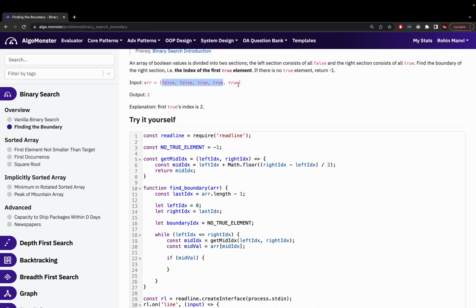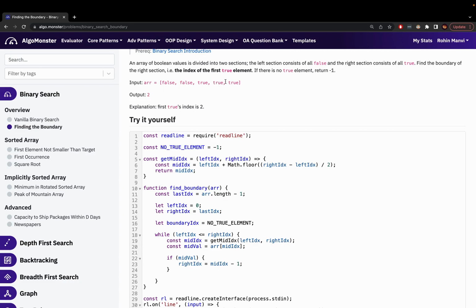It cannot be to the right because those elements are all greater than our current position. So we want to be searching the left chunk here. So what we'll do is we'll move our right boundary inwards, our right index inwards, to search the left chunk of the array. So we'll say right index goes to the left of wherever I am right now. So we're reducing the search space